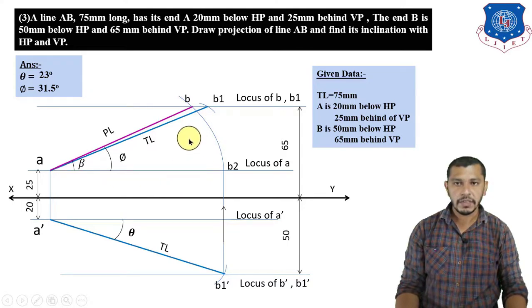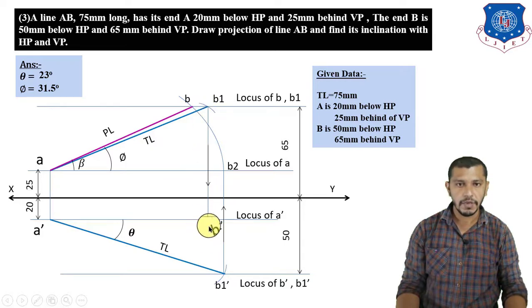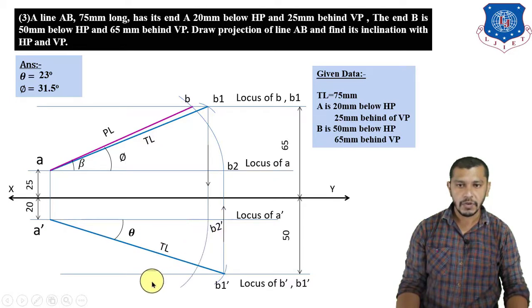Now if you want to find out the elevation length, draw a straight line from B1 up to locus of A dash. Here we will get B2 dash. So A dash B2 dash will represent the elevation length, but not the elevation, because we have the elevation of A but we don't have the elevation of B. So now if you want to find out the elevation of point B, we have to measure A dash B2 dash as an arc length, center at A dash, give an arc up to locus of B dash. So here we will get the elevation of point B, the intersection of this arc and locus of B dash will give us B dash. So connect B dash A dash will be our elevation length, and the angle of elevation length is alpha.